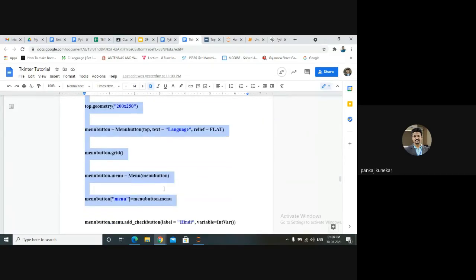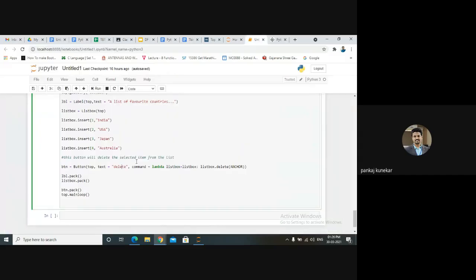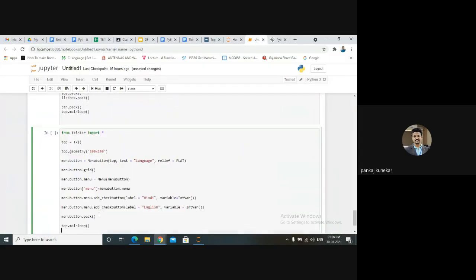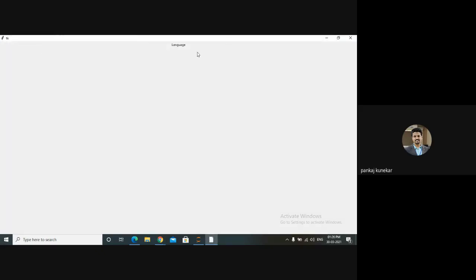But in menu button, you will see only one. So you can have a menu of that element. It's like a check button only, but we'll see the menu like this. It is not visible. Okay, yeah. So this is the way we can see the menu button.